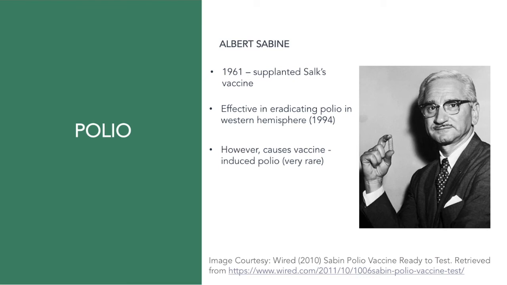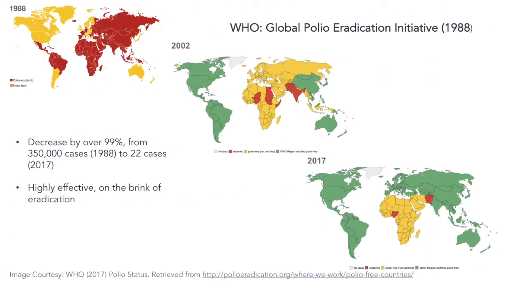Hence, there has been debate about the use of vaccines protecting against diseases or causing more harm. The Global Polio Eradication Initiative, launched in 1988 by the WHO using the Sabin and Salk vaccines, involved mass immunization. This is highly effective as polio cases declined by over 99%. Resurgences of the disease, mainly in developing countries, indicate that sustained vaccination within a population is required to completely eradicate